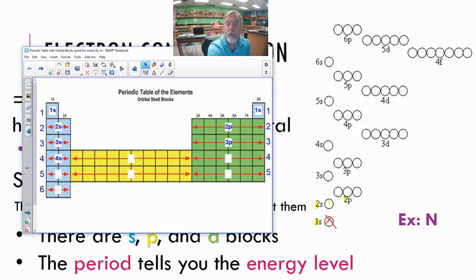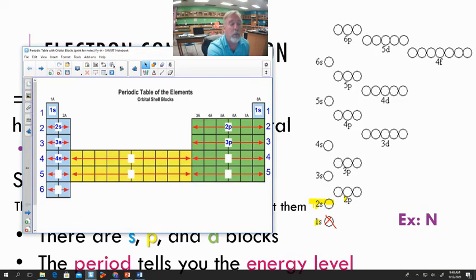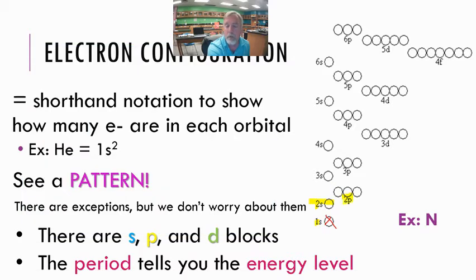Next thing on your bubble chart, you see the 2s. Well, if we read our periodic table like a book, from left to right, just like you start at the top and read left to right, we're going to have 1s1, 1s2. Well, that fills up what we see here on our bubble chart. What do we see next as we read left to right on our periodic table? Now we see 2s1 and 2s2. Well, that's what's next on our bubble chart here, right? The 2s1 and 2s2 are the next ones to show up. Well, after the 2s comes our 2p on our periodic table. Look at our bubble chart. Same thing here. Now after our 2s comes our 2p.